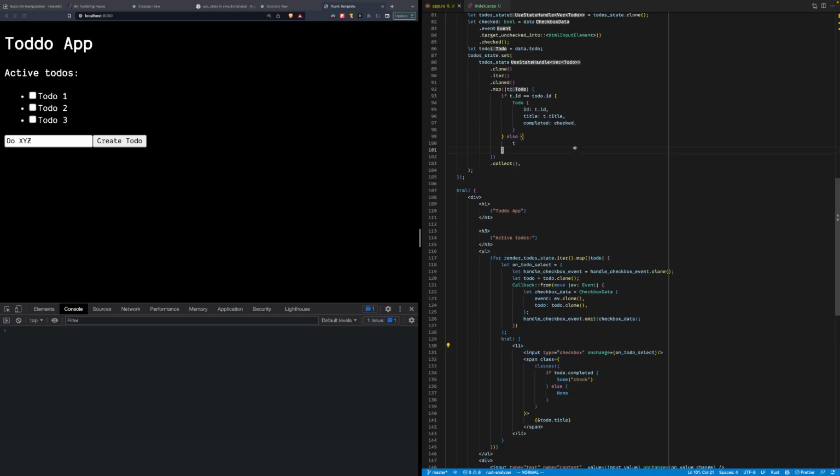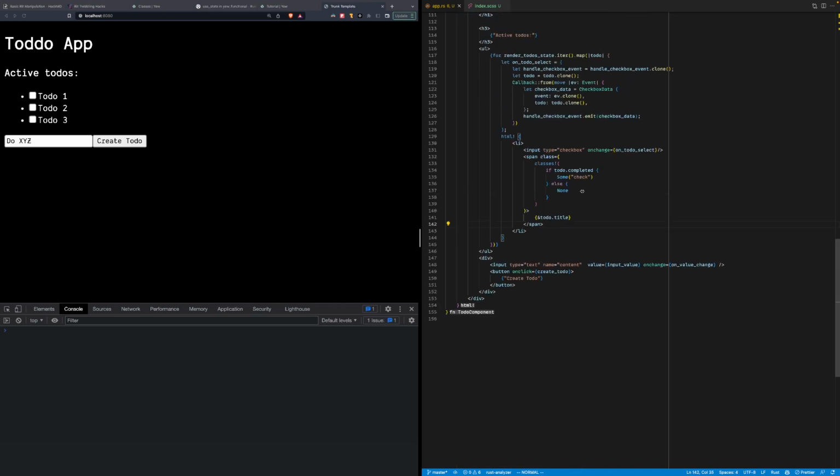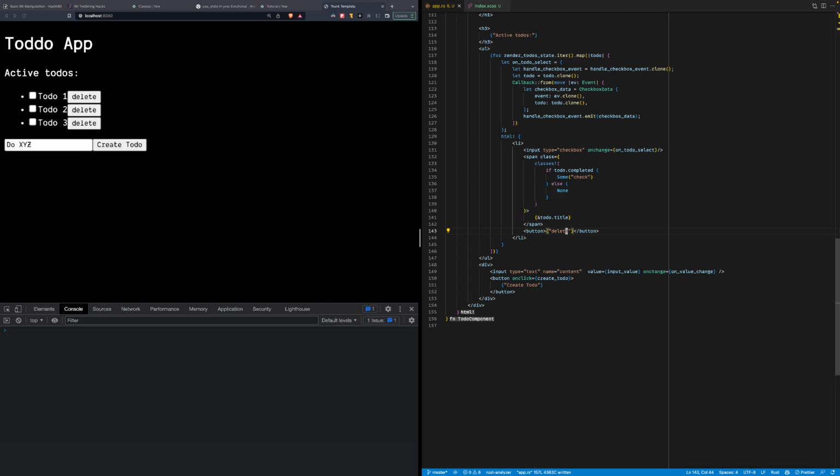Let's try to delete it first. So we're deleting it. It looks very ugly and that's not the point. We're not going to focus on UI. So we're going to have a button here. Delete.